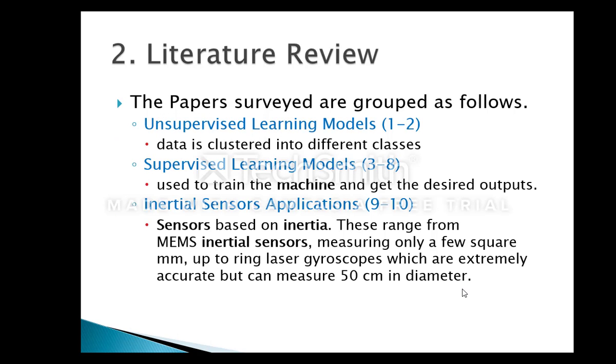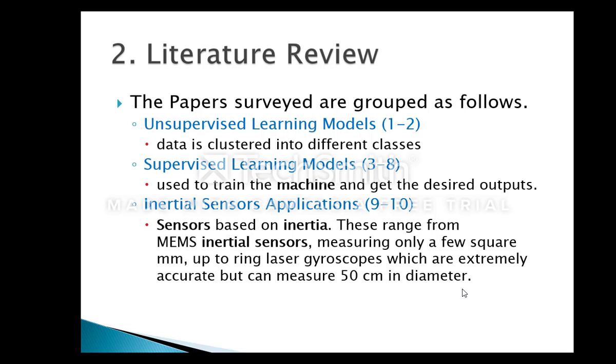After the introduction, we have the literature review. Here we surveyed 10 different research papers. They use the same HAR data set. So the papers surveyed are grouped as follows. We have unsupervised learning models, the first two papers. From paper 3 till paper 8, they are supervised learning models, and the last two research papers surveyed are